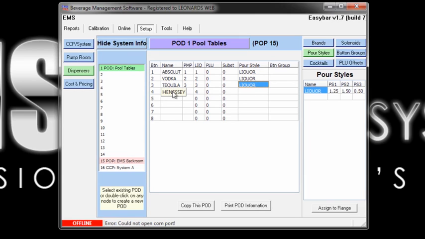Now let's just say, for example, with Hennessy, we wanted to have a totally different pour style for this button. Well, we can create a brand new pour style for this by going underneath pour styles again, right underneath liquor, click the box right underneath liquor, and say, for example, we want to only have a splash of Hennessy. We can type in splash, hit enter, and then for our regular pour amount,